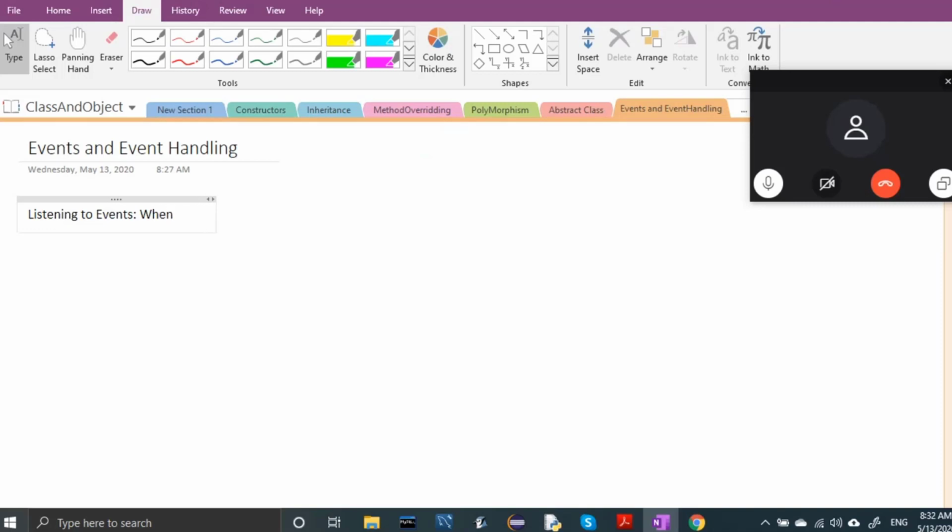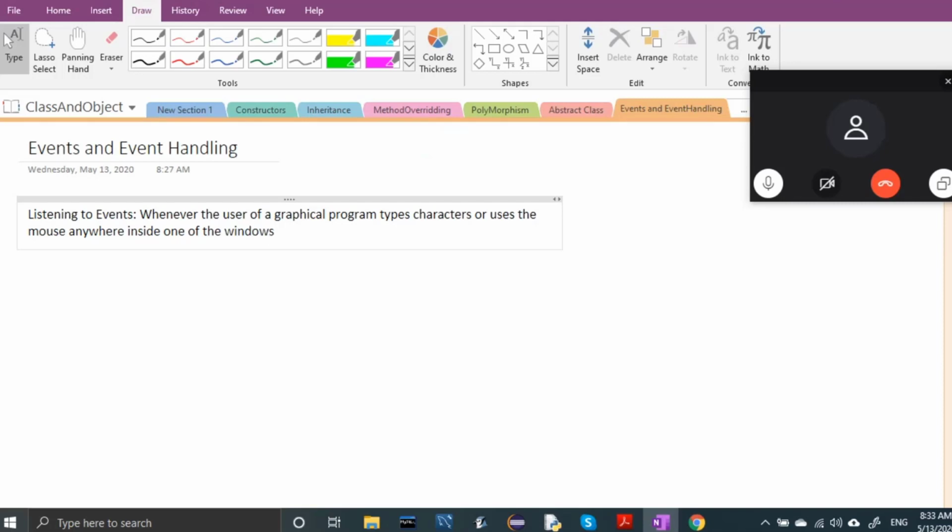Whenever the user of a graphical program uses the mouse inside one of the windows of the program, the program receives a notification that an event has occurred.